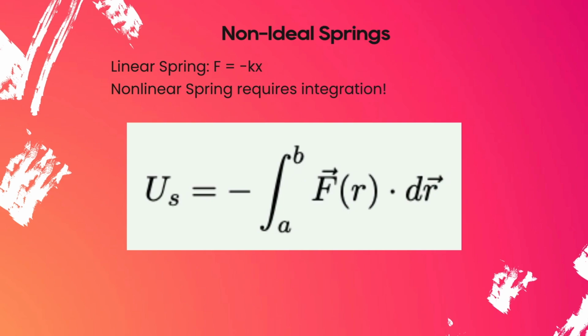However, for a non-linear spring, the force will not be equal to kx. It's going to be a complicated expression. Now, if you want to find the potential energy for a nonlinear spring, you simply integrate the force and use the formula that you can see on the screen. Now, this is important because for a linear spring, the potential energy is 1/2 kx squared, but that's not true